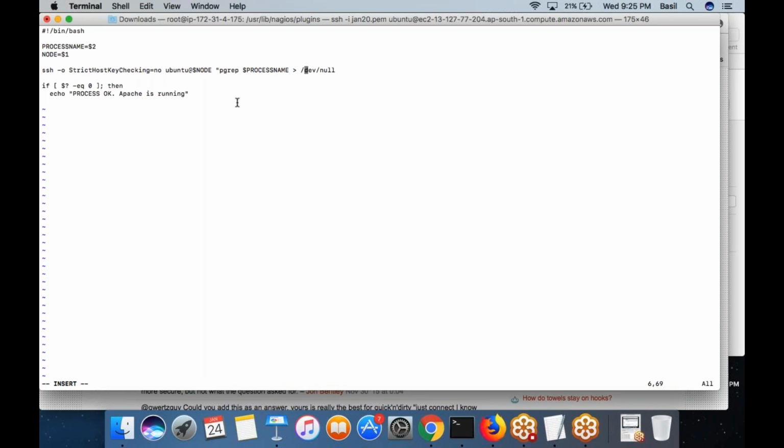Okay, so this is the command that you want to execute on the node. And again, the check is same. So if this command is successful, then Apache is okay. Otherwise, Apache is not okay.